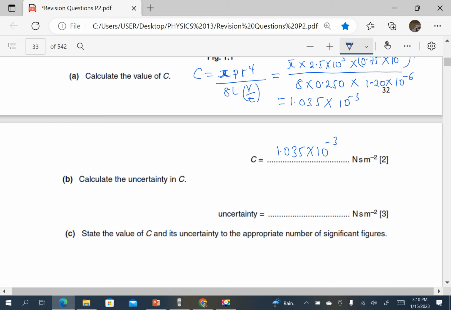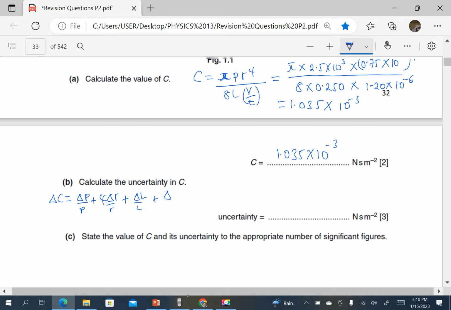Then calculate the uncertainty in C. 8 and pi will not affect the uncertainty, so we shall just get the absolute uncertainty in C is going to be that in P over P plus 4 times that in R over R plus that in L over L plus absolute in V over T divided by V over T. And the whole of this will be multiplied by the value of C. So absolute in C is going to be equal to, for P, I think P is 0.05